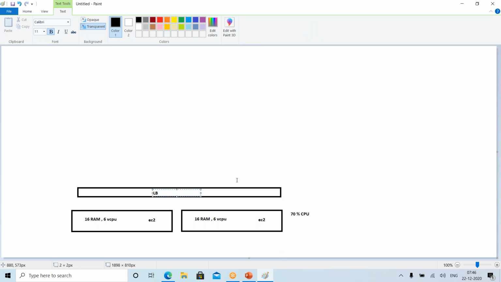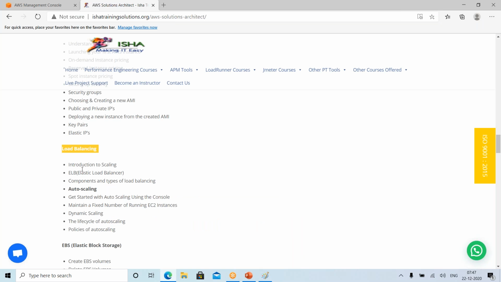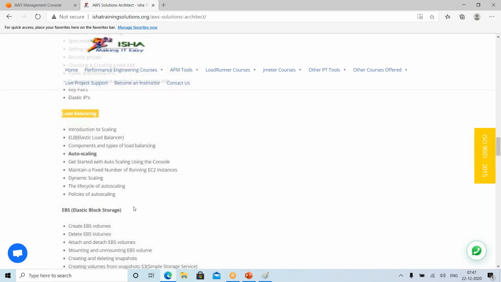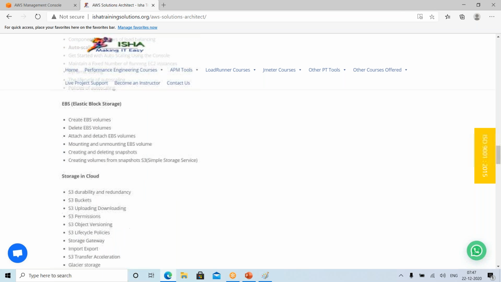Okay, there is something like the ASG concept, auto scaling group. Using that feature, we can enable scaling. This is called horizontal scaling. That will be done using load balancing. Got it? And there will be multiple load balancers. We'll be discussing what load balancers are available. And there will be something like